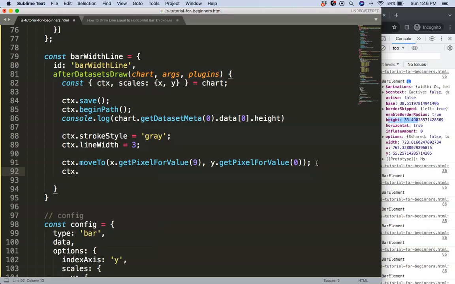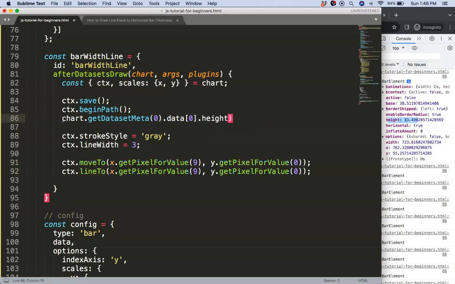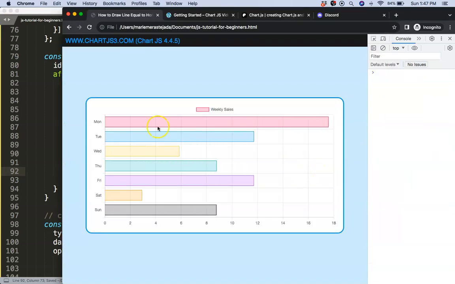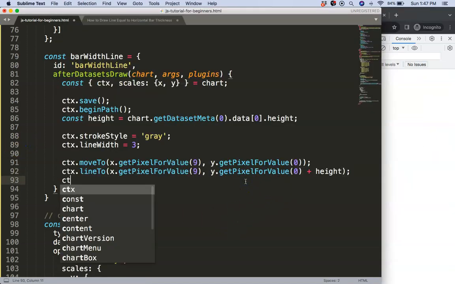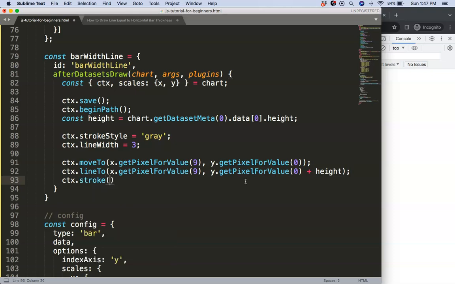Then I'm going to say ctx.lineTo to create the connected line, and the connected line will also have an x and y coordinate. For the x, we'll stay on the same position. For the y, we need to move a little bit downwards or upwards based on the height. So I'll say here const height, or bar height, whatever you want, will be equal to this. If I grab this now and say here plus this, you'll see it's slightly off position, of course, when we draw the line. So say ctx.stroke to draw this, save,